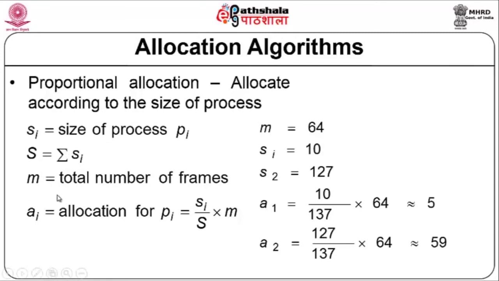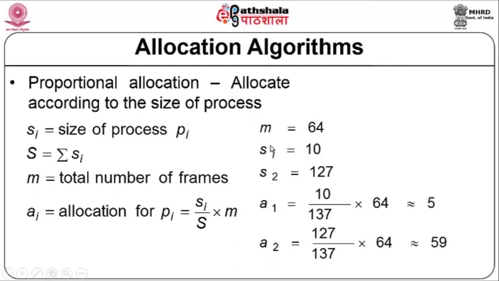And suppose M is the total number of frames that are currently available. Now, how you allocate for one process is, out of this total space, you take the fraction needed for this process Pi, into the total number of frames. So, you can look at this